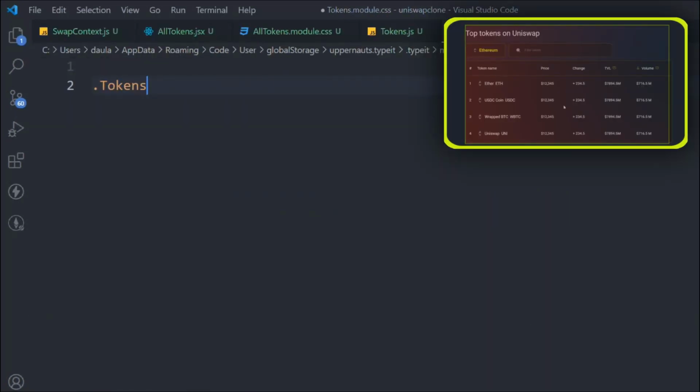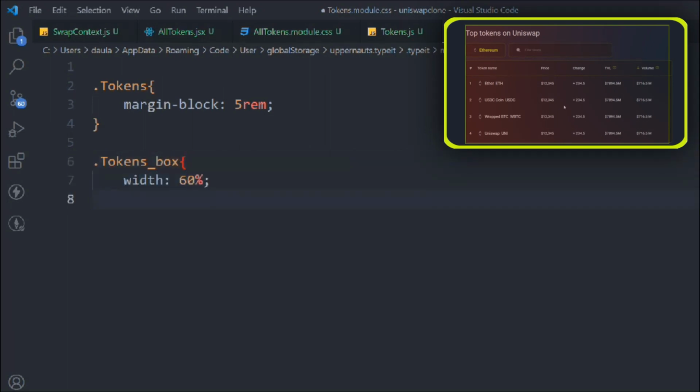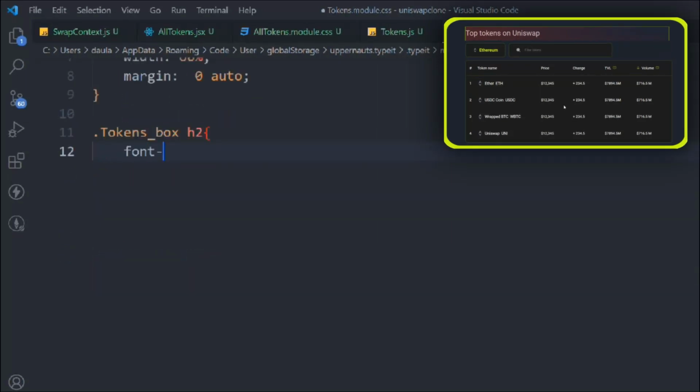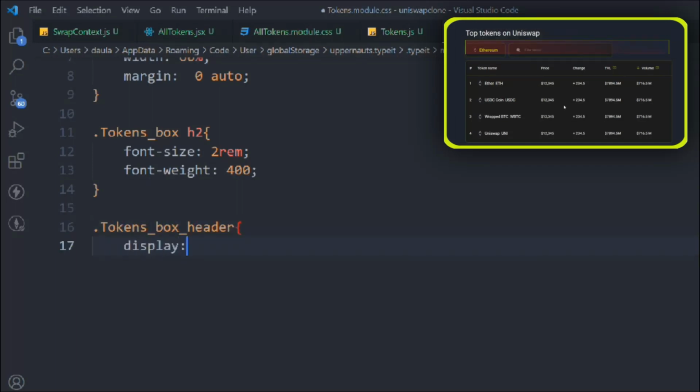So we'll target the token, and we're going to provide margin block 5rem. We're going to target the token box, and it will say width is going to be 60%. It will have the margin 0 auto, so everything will be in the middle. Let's target the token box h2, and we're going to say font size is going to be 2rem, font weight is going to be 400, token box header going to be display flex, gap is going to be 1rem, align items center,